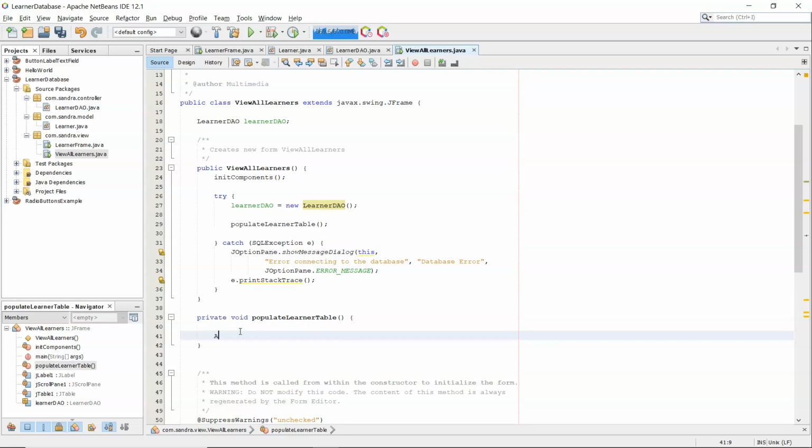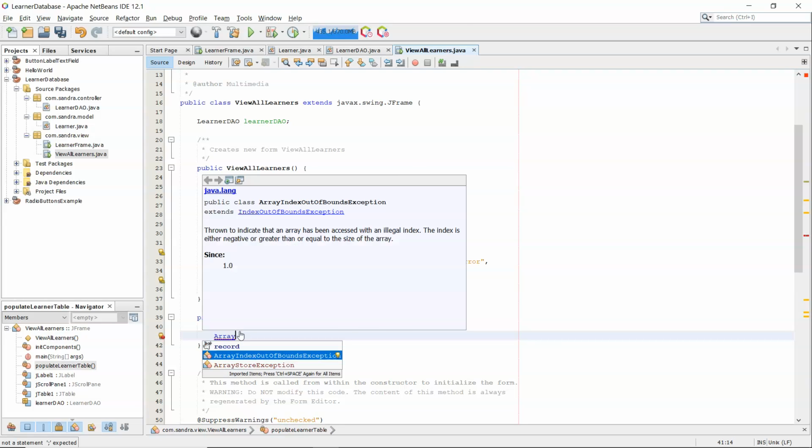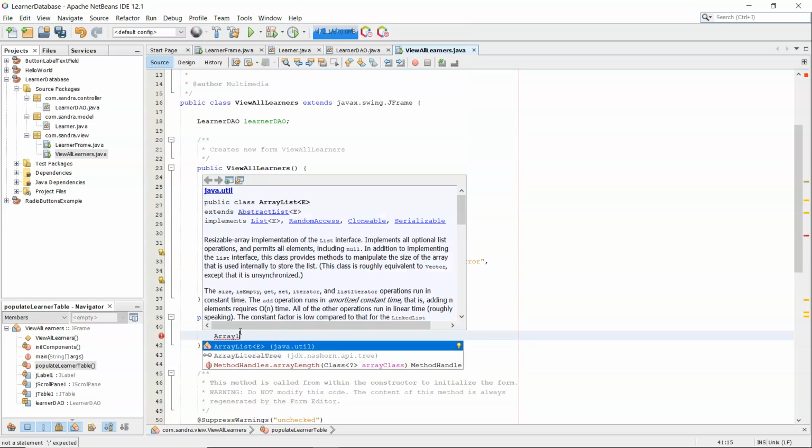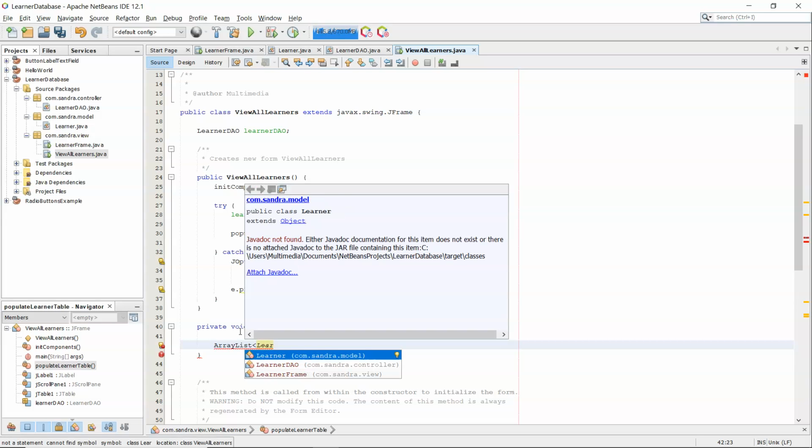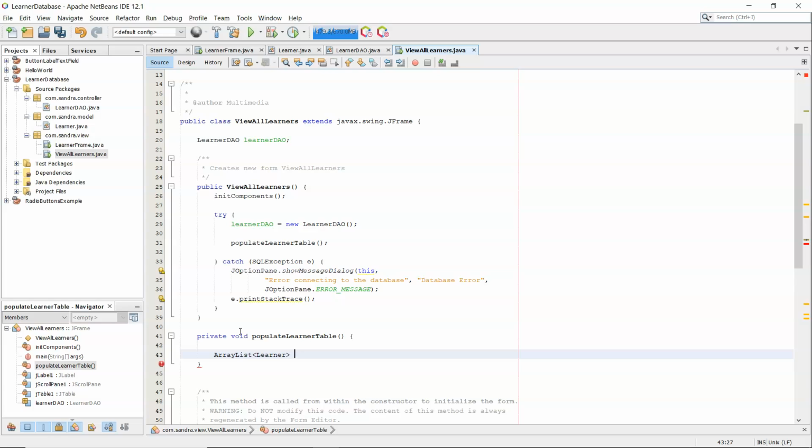So here, it returns an array list, so ArrayList, use control space there, I need to do that twice, ArrayList with the angle brackets. Control space for Learner there as well, twice, so that I get the import because it's in the model package and I'm in the view package at the minute. So ArrayList containing Learner objects, list of learners